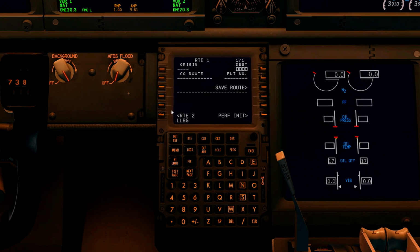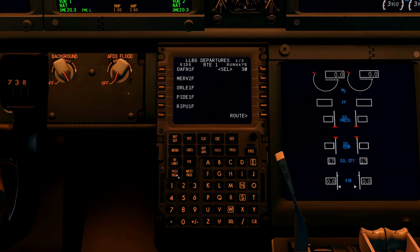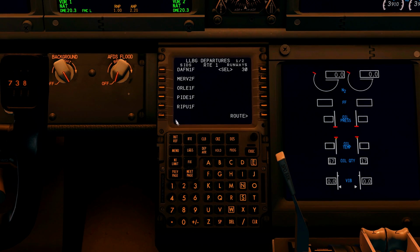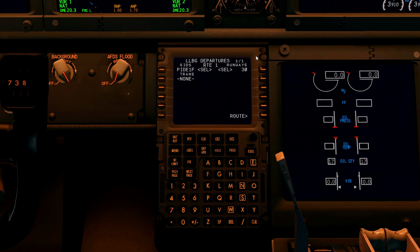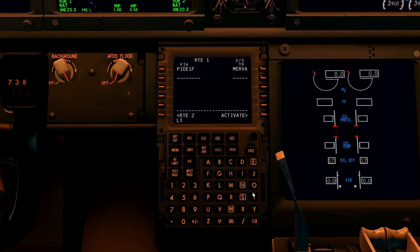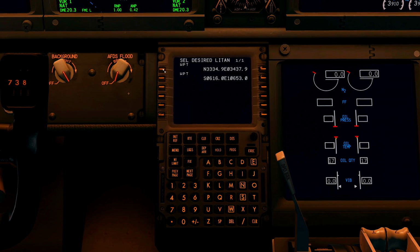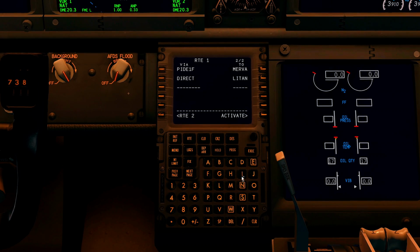So what we can do now is Lima Lima Bravo Golf coming in for Oscar Lima Bravo Alpha. We're going to be departing from runway 30 and we're going to be leaving out on the PDF 1 Foxtrot. From there we're going to be going to Merva, and then from Merva we're going to be going to Lithuania. From Lithuania we'll be going to Alika,